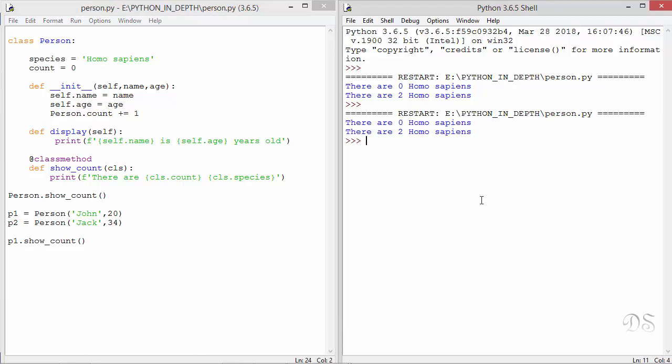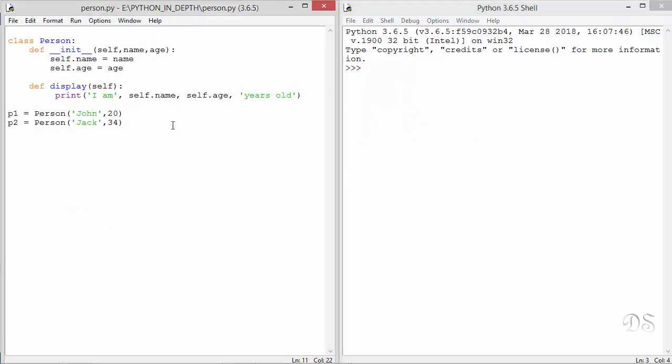So this also worked. We get the same output, but calling with class name is definitely more natural. So when you have to process some information that is associated with the class itself, not with any instance object, you can turn your method into a class method by writing this decorator and specifying cls as the first parameter. The most common use of class methods is to define factory methods. Let us understand it with the help of an example.